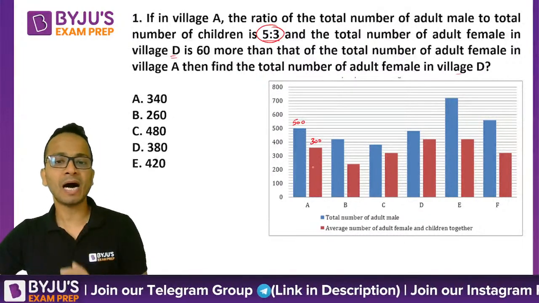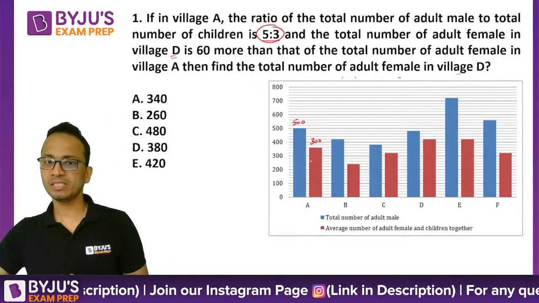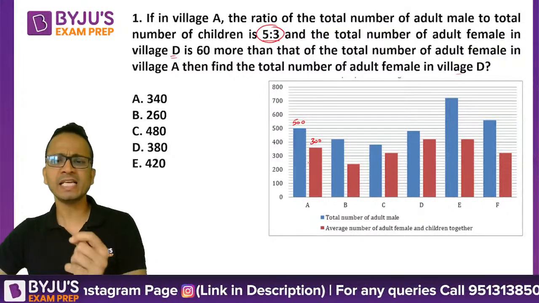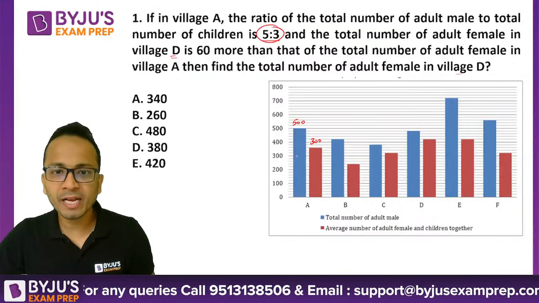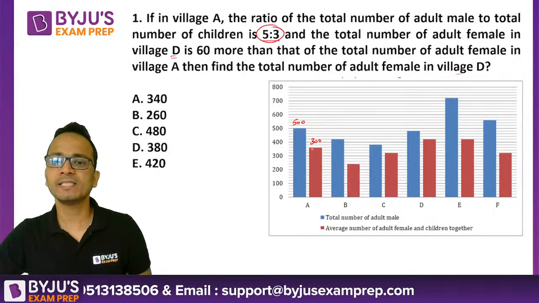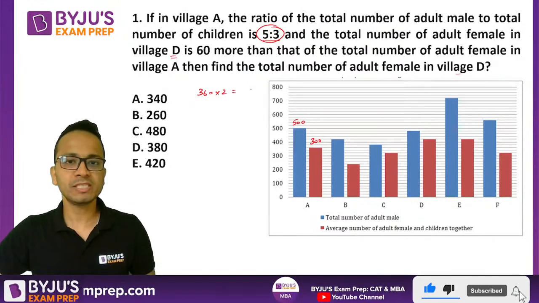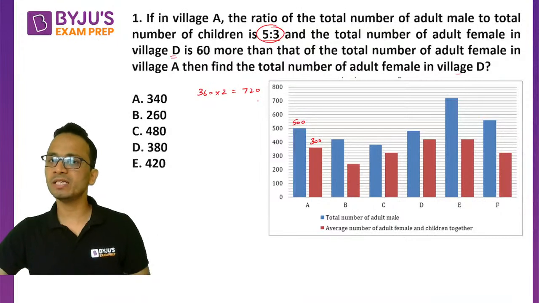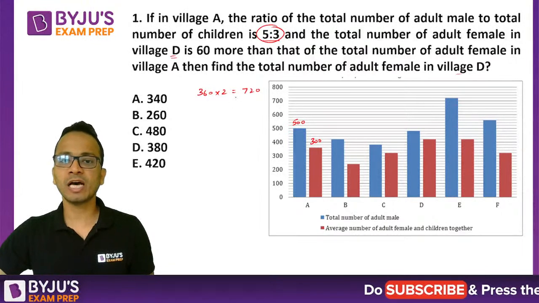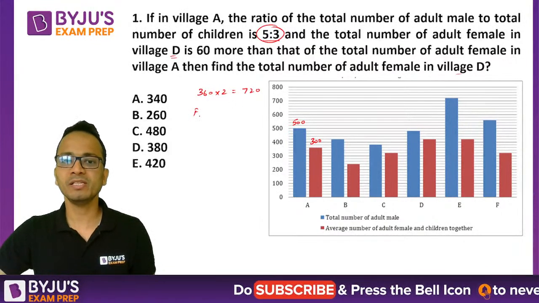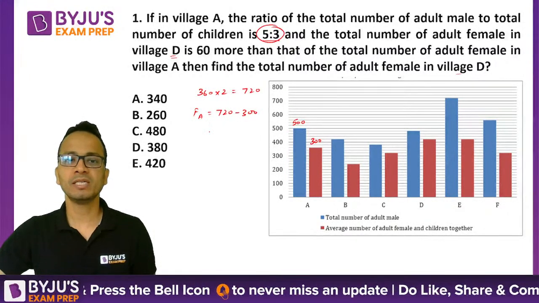Now from the red bar, you can calculate the sum of females and children. Okay, what is the red bar telling us? That is the average of adult females and children. So the value of the red bar here is how much? It is 360. So 360 multiplied by 2, 720 will be the sum of females and children for village A, out of which children are 300. So the number of females in village A will be equal to 720 minus 300,